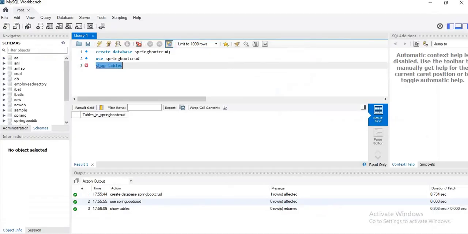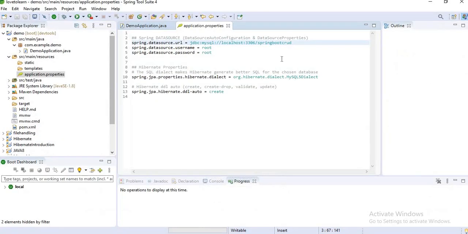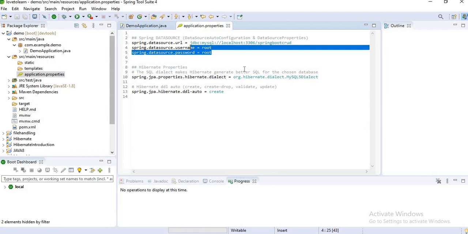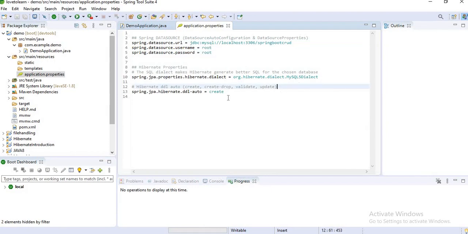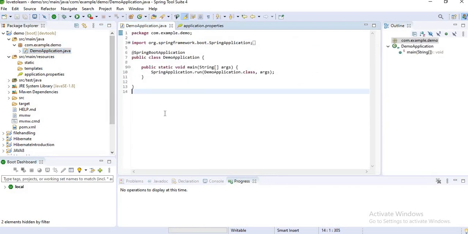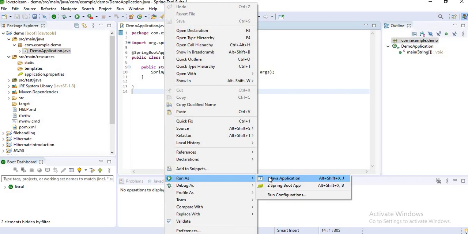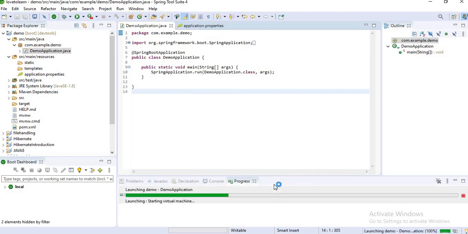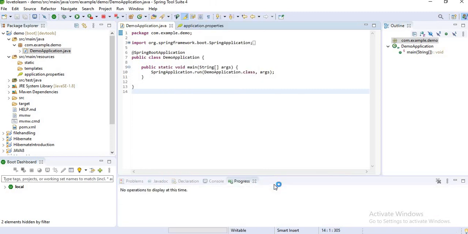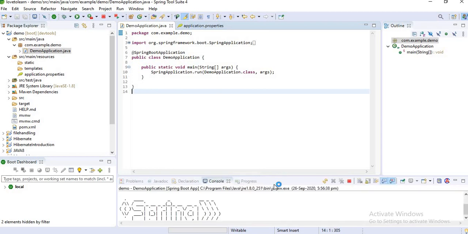Okay guys, it's my username and password. It is my dialect. Okay, and let's run our application. Let's check whether it is working properly or not. Run as Spring Boot app. Now it's loading.